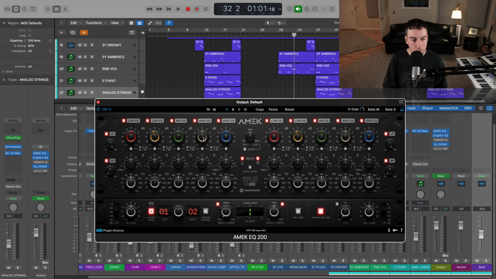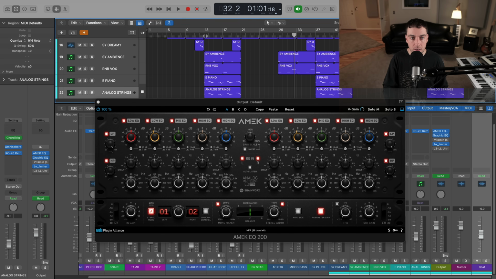But for this EQ, and especially for beats, I want to cut out some of the mids just so that we create a little bit of room for the vocal, but it also helps deal with some harshness. If you have some buildup with various instruments there, this is going to help. So I'm going to put this probably 1.8K is pretty ideal actually. So I'll leave that there and let's bring that back some.